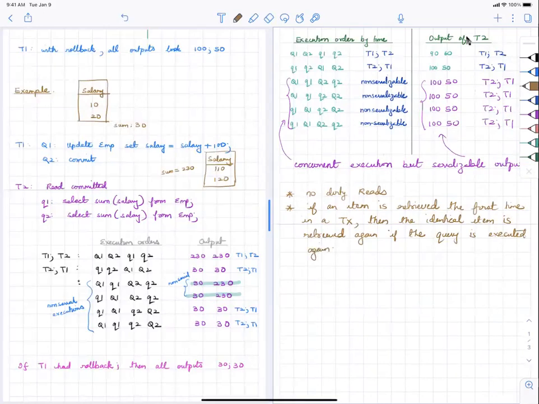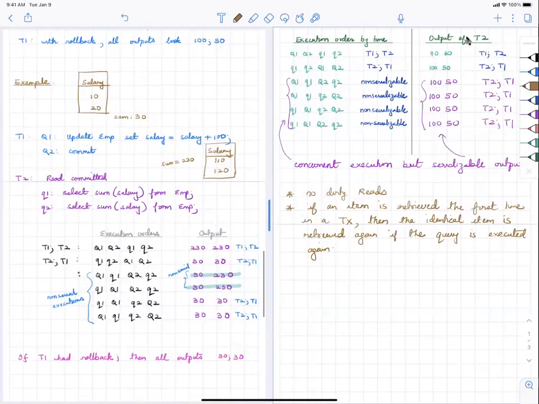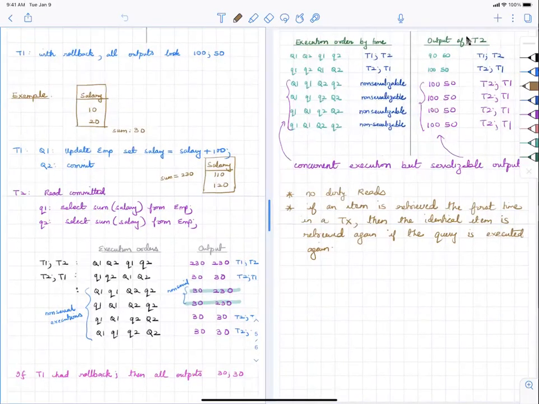So I know this looks confusing. I'm saying if an item is retrieved the first time in a transaction, then the identical item is retrieved again if the query is executed again. So basically what I'm saying is the very first time you execute a read query in repeatable read, it uploads the data into a cache. And the next time it has to look for that item again, it only looks in the cache. It doesn't go down to the database. So going back to the salary example that you see on the left,